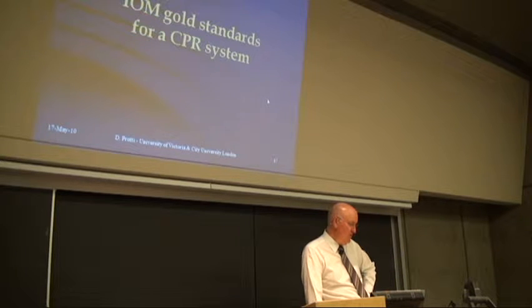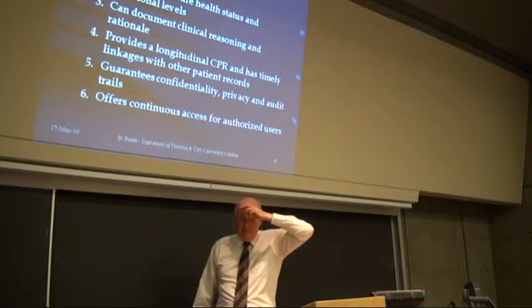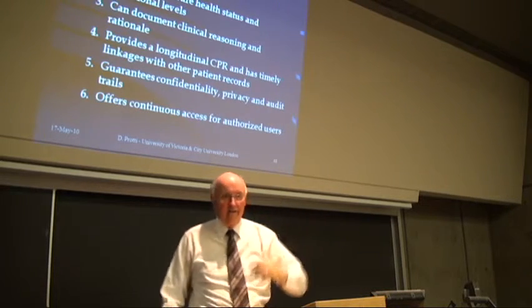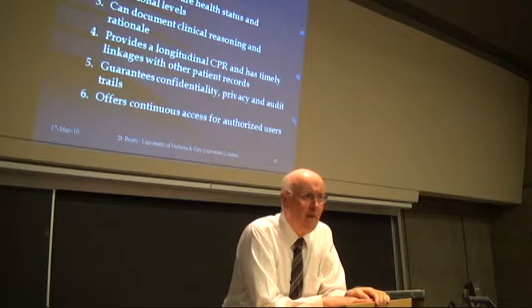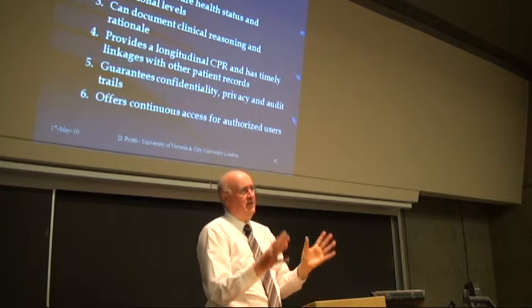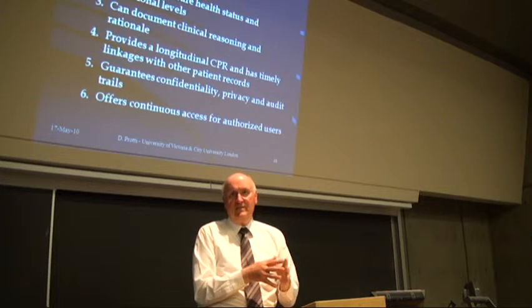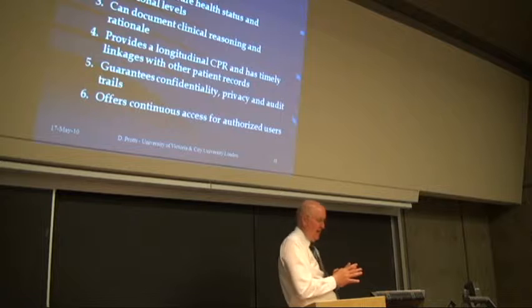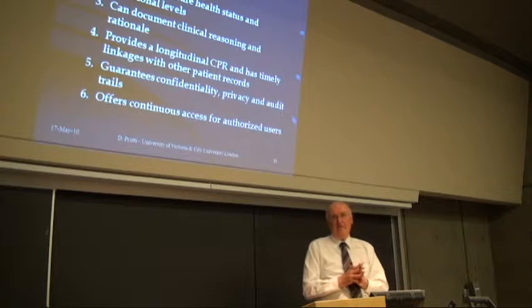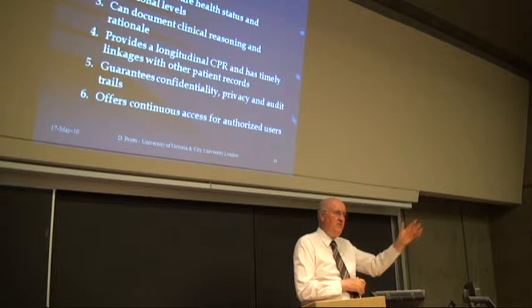They set gold standards, okay? And I haven't seen a recent analysis, but I saw an analysis 3 or 4 years ago, someone assessing to what extent we have achieved this. This was an American study. To what extent have we achieved it? And of the 12 gold standards, I think only 4 or 5 have been achieved, even though this definition came out